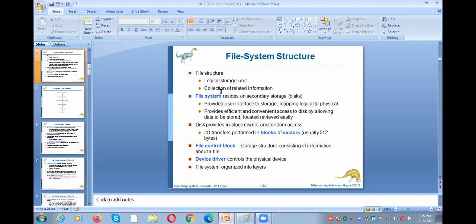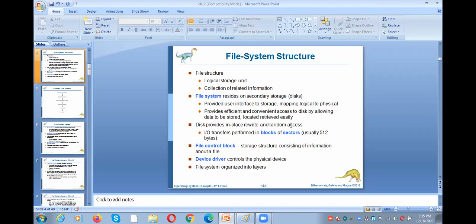Okay, so what are the specialities of disk? What is the need of storing a file system on the disk? Is there any specific reason? Of course, obviously there is a reason. There are two main characteristics of the disk. The first one is in-place rewrite and the second one is random access. In-place rewrite means whenever you want to read information from a particular location of a file, you can read. Whenever you want to rewrite or modify the contents at a particular location in a particular block, immediately we can rewrite it.